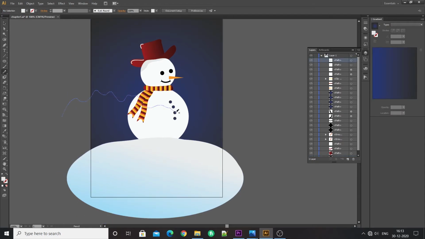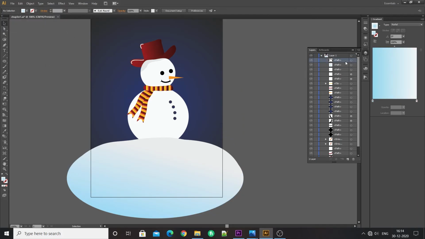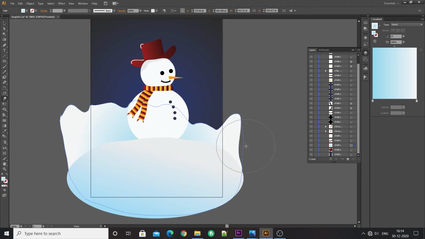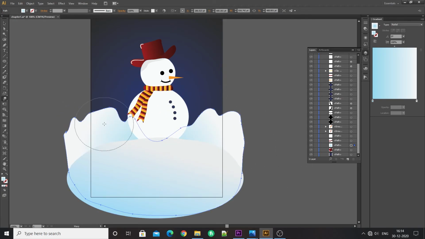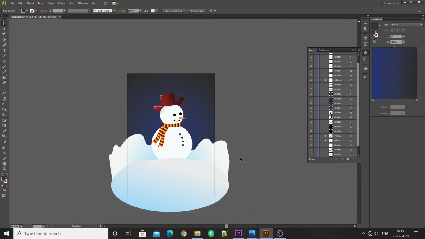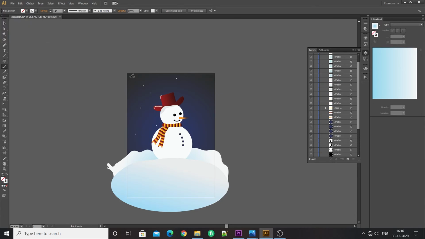Create some random shape and again use the Forward Wrap tool to adjust. Select the Brush tool, pick white color and make some dabs here and there.